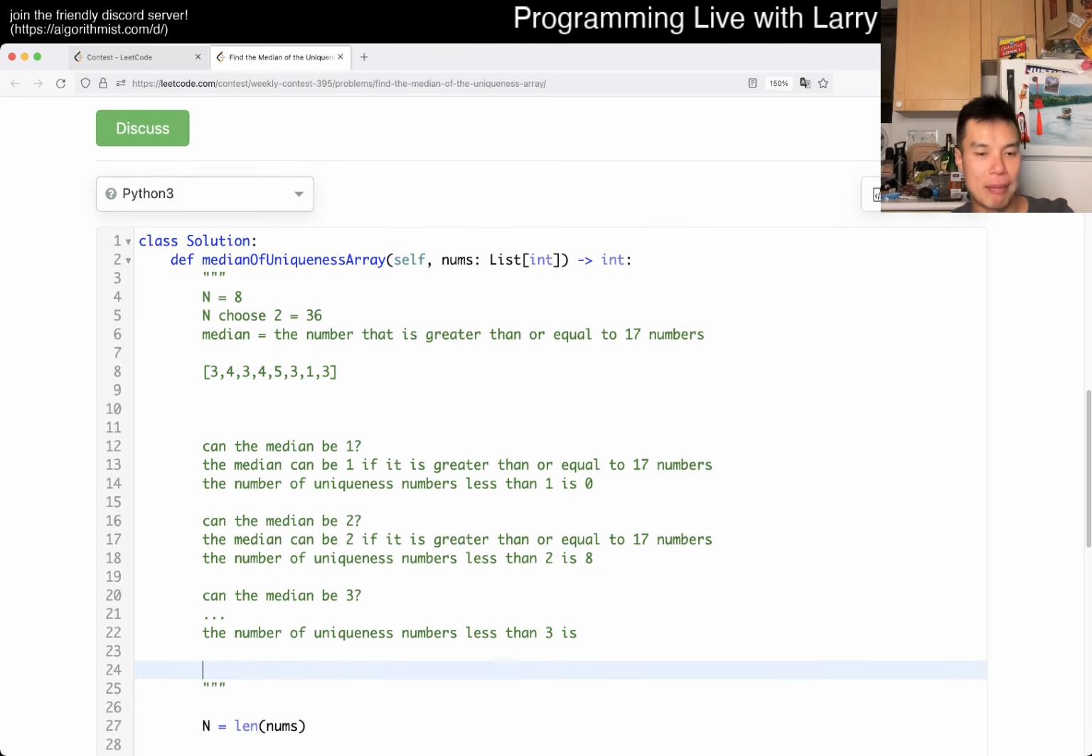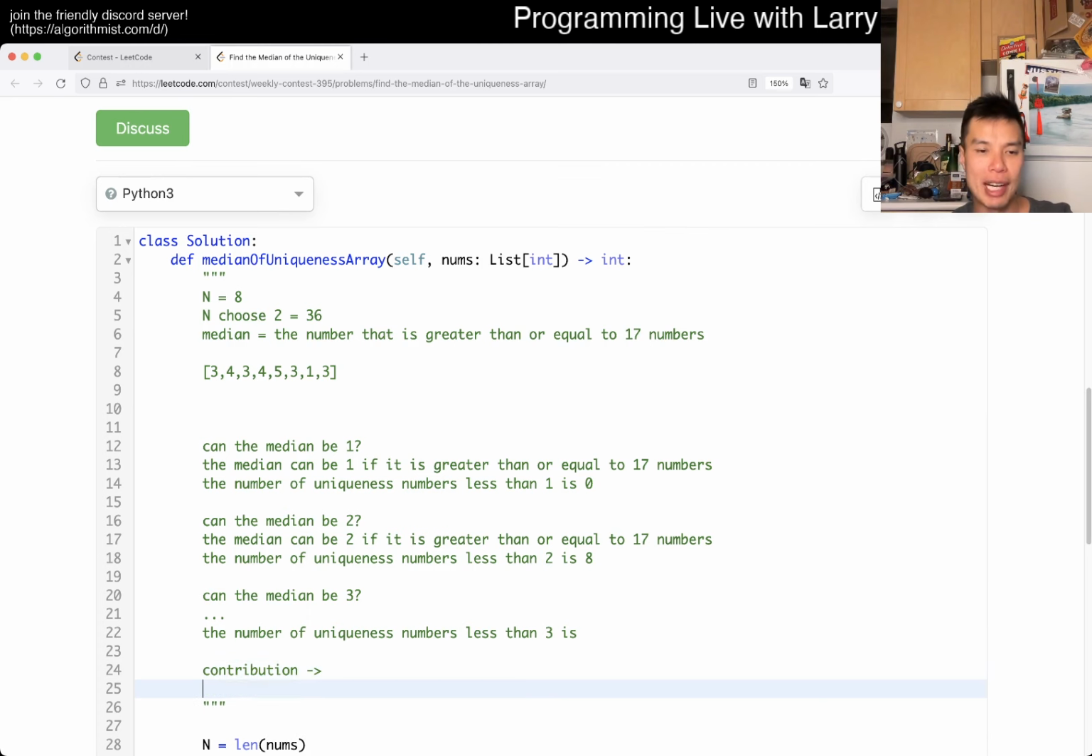This part is part of the sliding window, and I've gone over this in my previous videos. So hopefully you've been watching this month. I think it was 2 weeks ago. But the idea of this contribution: what do I mean by contribution? Meaning that for every number, what is its contribution to